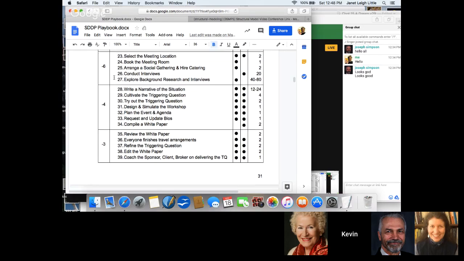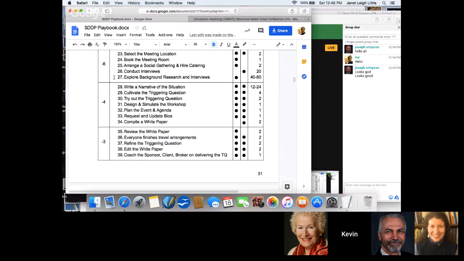So then they're selecting the meeting location, booking it, arranging the social gathering for the night before. And we found one of the ways to reduce what Warfield typically spent and Christakis spent 10 days doing. They'd spend a week on the so-called problematique, and then a week on an action plan. We got it down to 3 because I realized, when I designed this model, having gone through the experience of multiple events, there's a huge amount of time wasted in not having the dialogue